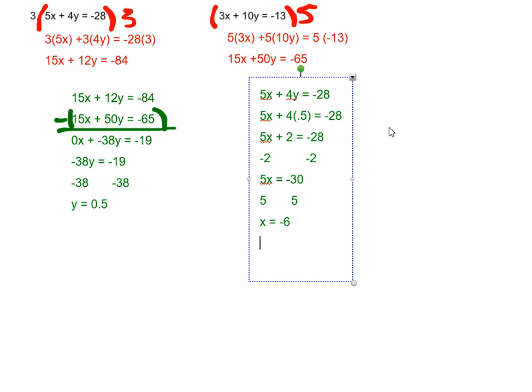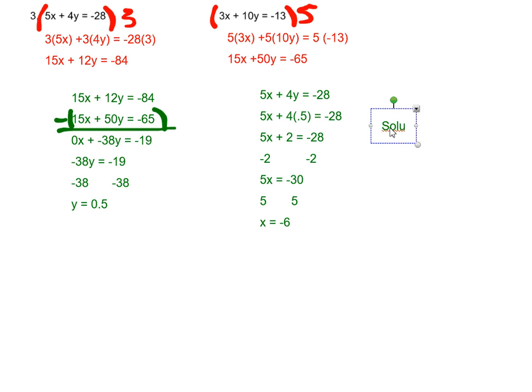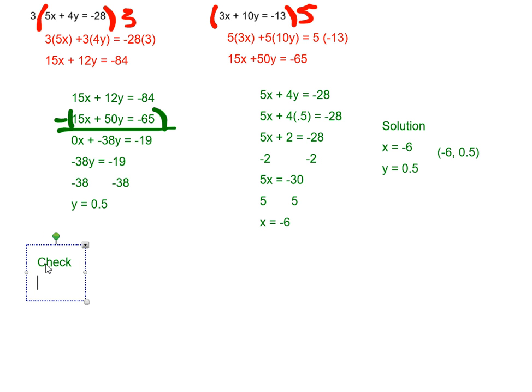So my solution is x equals negative 6, y equals 0.5. So as a point, it is the point negative 6, comma 0.5. And I can check my solutions to verify they are correct by going 5 times negative 6,